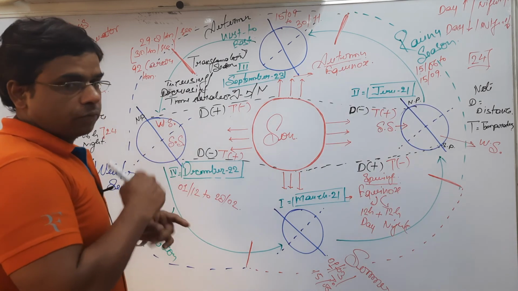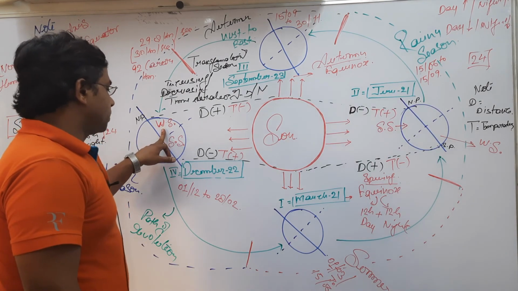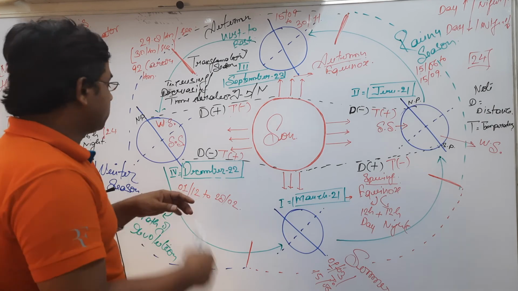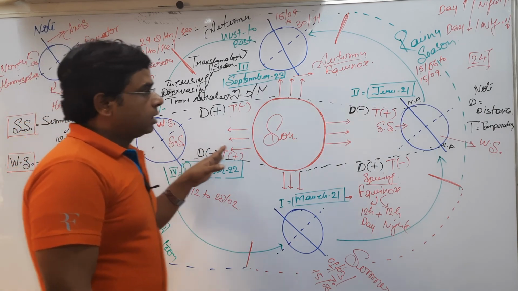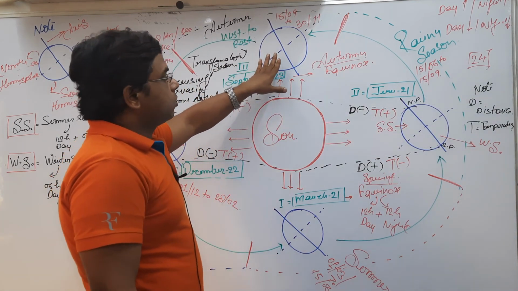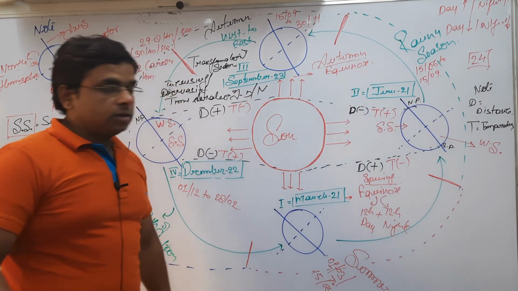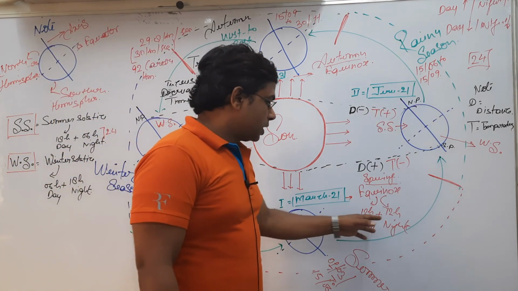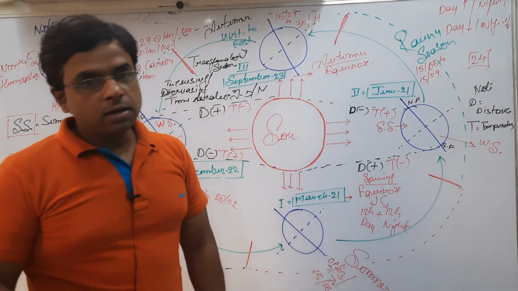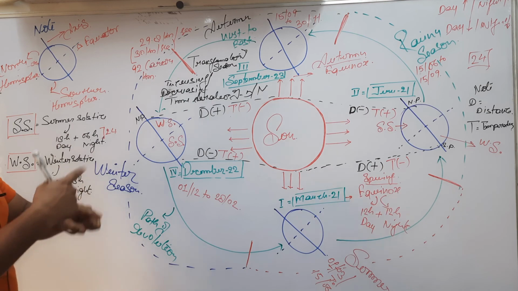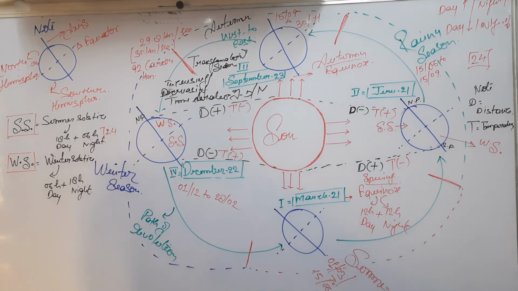So in respect of India, on the 22nd of December, we are having what? Now this is with respect to the northern hemisphere, so we are having the winter. Simultaneously, on the 21st of June, we are having the summer. In September, we are having the autumn, and in March, we are having the spring equinox. Equinoxes have equal time duration of day and night, while solstices have the maximum difference of 12 hours between the duration of the night and the day. So I hope we are clear with this topic with complete understanding.